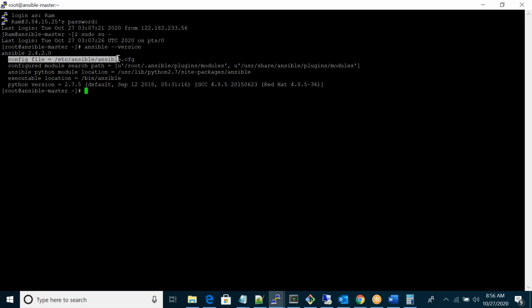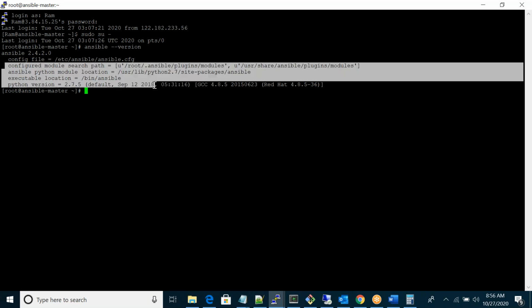Ansible config files and other modules come by default, as we already discussed. If you install Ansible along with your Ansible packages, you will get all the modules, plugins, and libraries. You can see the module location there, under slash plugins slash modules.